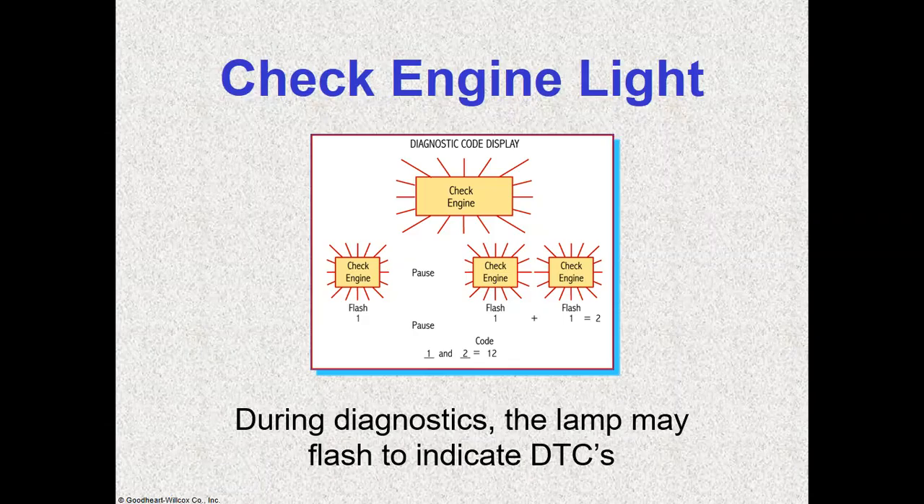Because we have 2 long pause flashes and then 2 short ones. If we don't have any short one after the long pause, we know that it is a 10 or a 20 or anything like that. So during diagnostic, the lamp may flash to indicate the trouble codes, DTC,